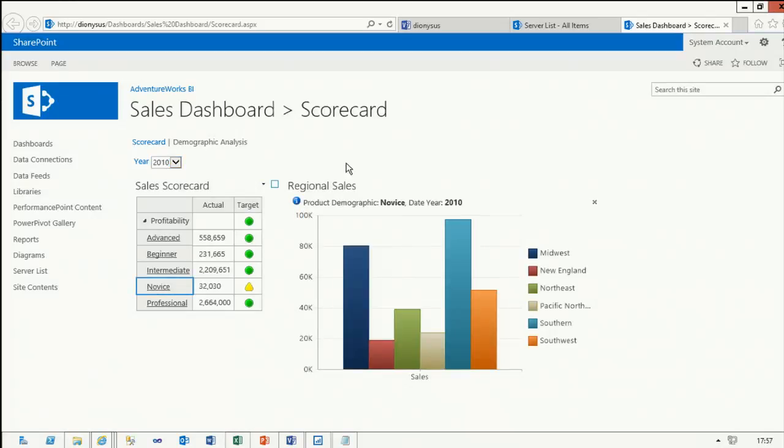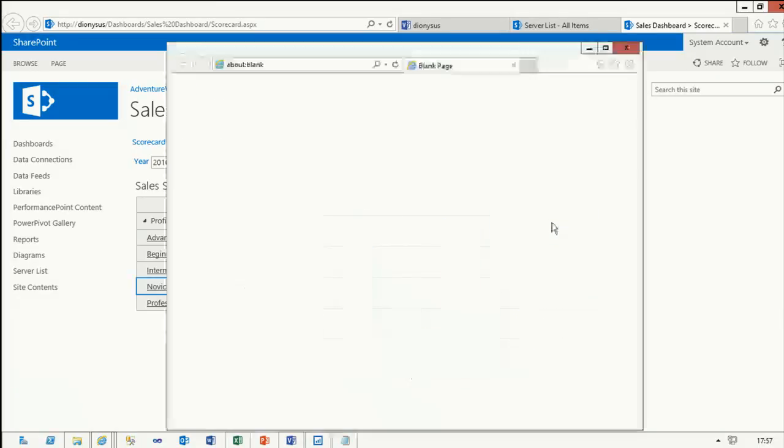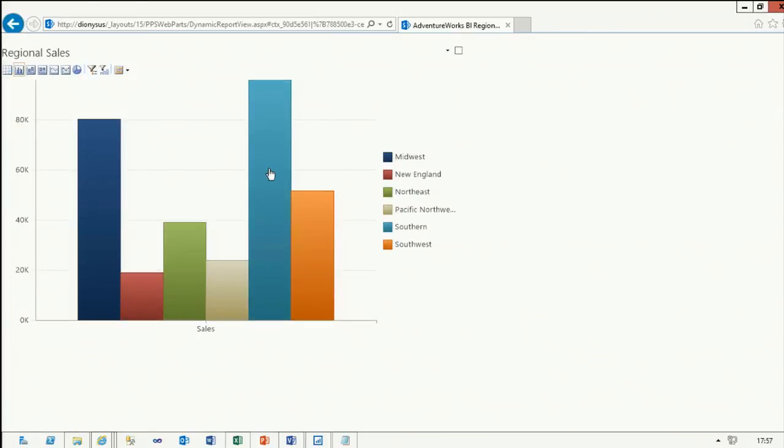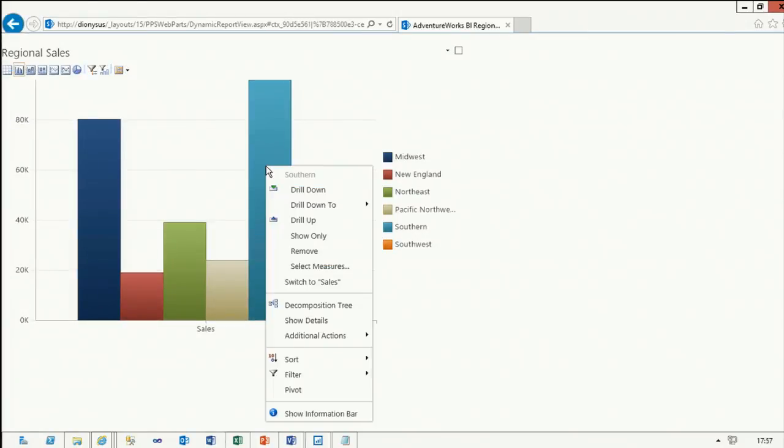Click novice, passes the context over here. And then I might decide for further analysis, I'll open this up in a new window. So here's my chart. I can right-click, and this is amazing interactivity and exploration in this zero-footprint web client. So I'll go ahead and I'll convert this to